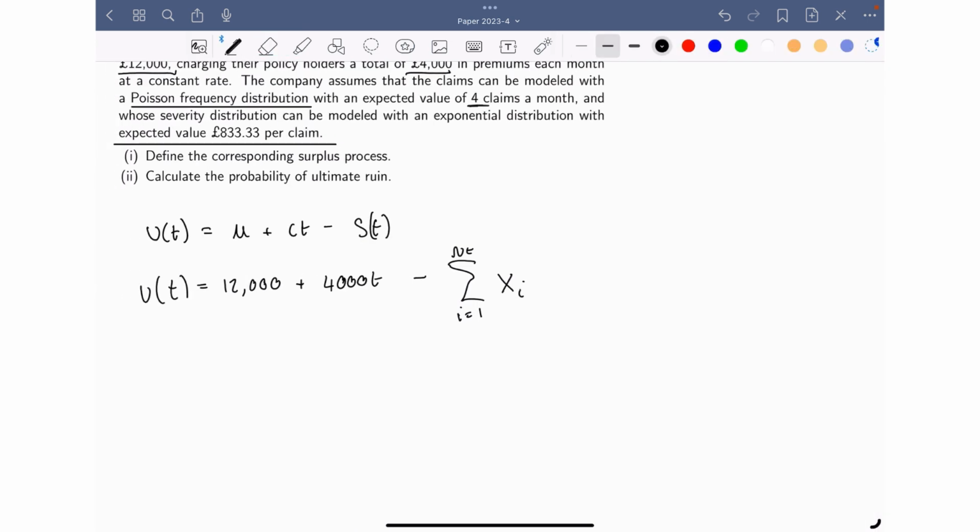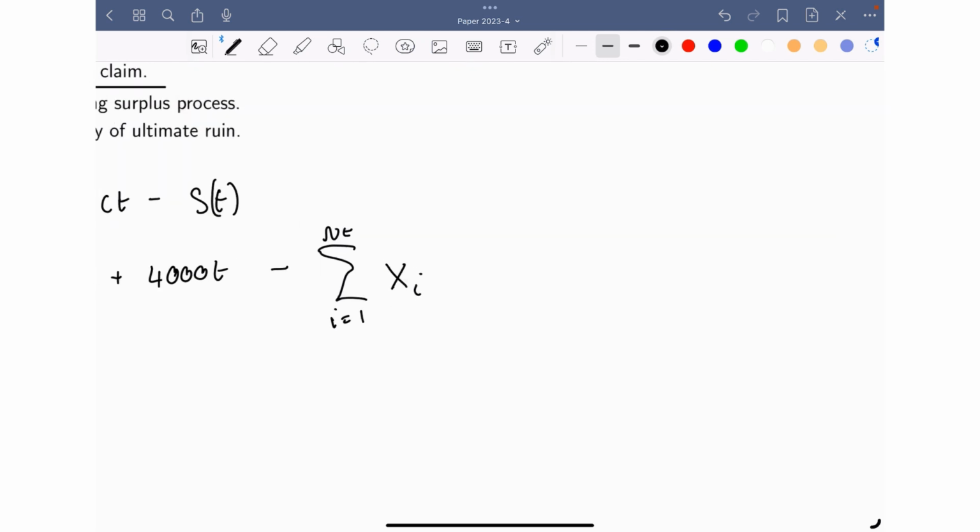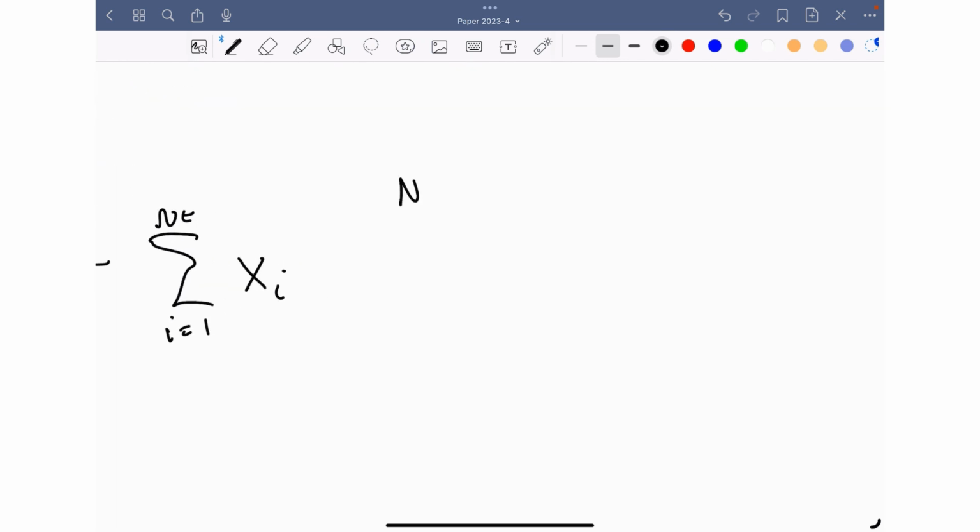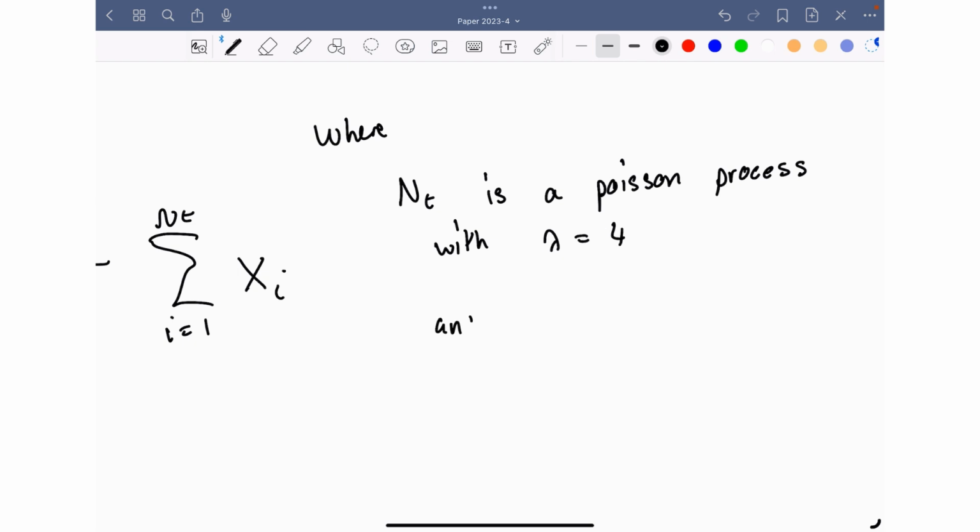And then all we need to do now is define N(t) and X, where N(t) is a Poisson process with lambda equals 4, and our X